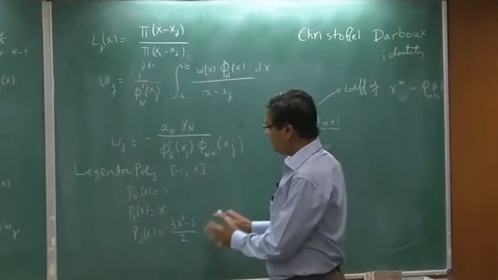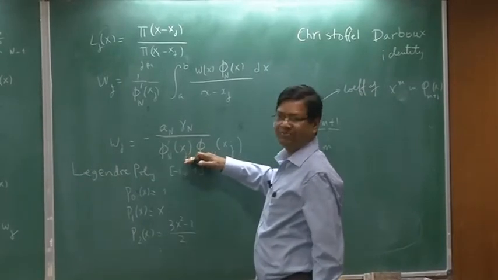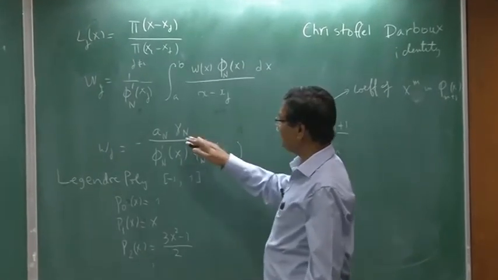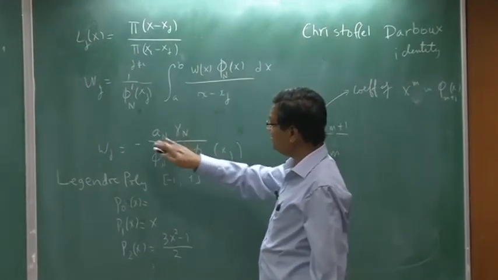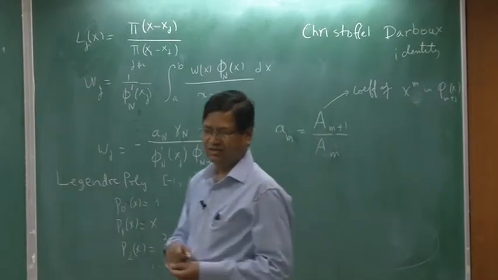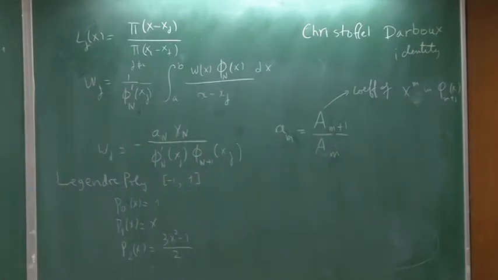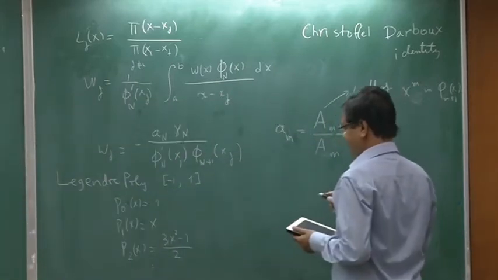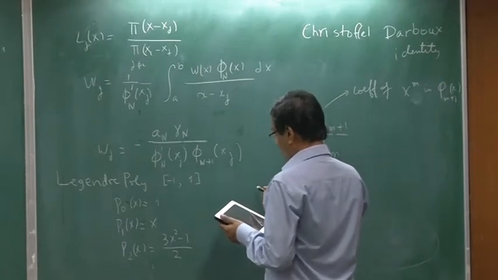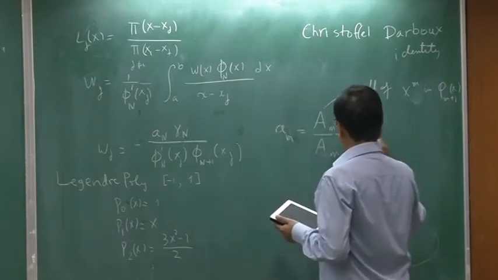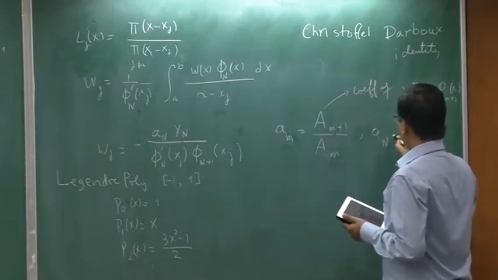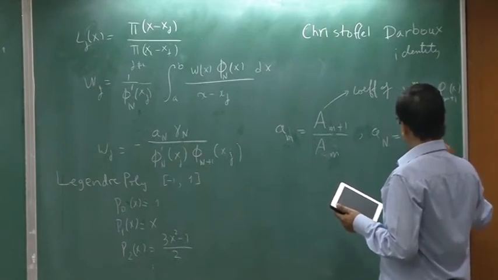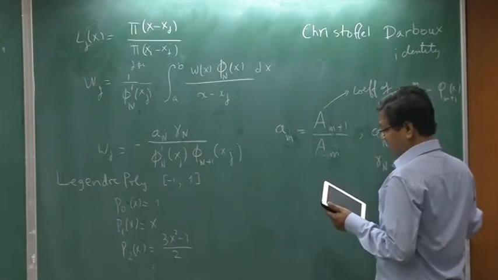So for Legendre polynomial, you can simplify this further. I should tell you what that is and what gamma n is. Okay, so this can be made simpler. Now for Legendre polynomial, this one, and actually let me just write this, capital N is divided by 2n plus 1, and gamma n is